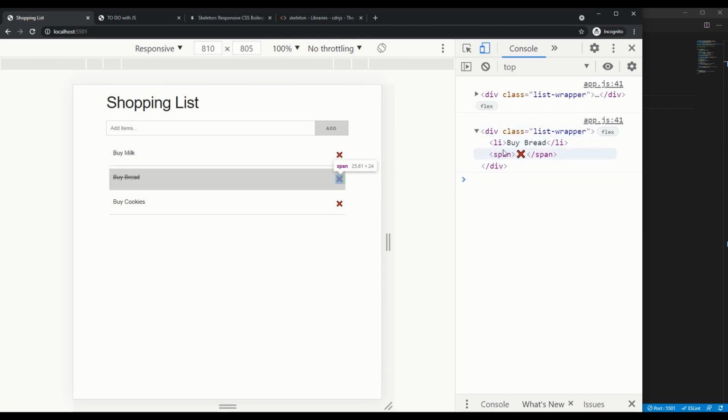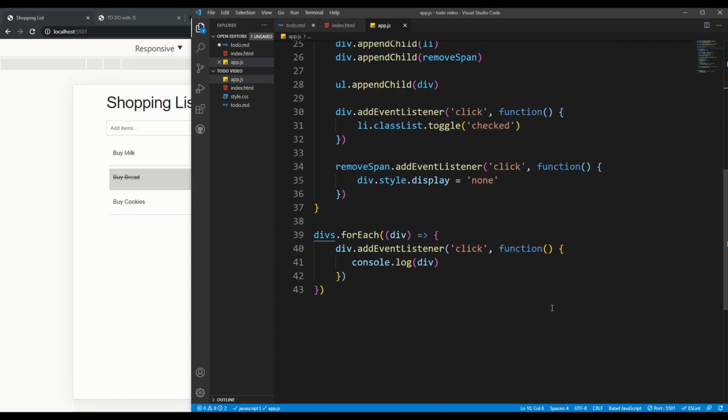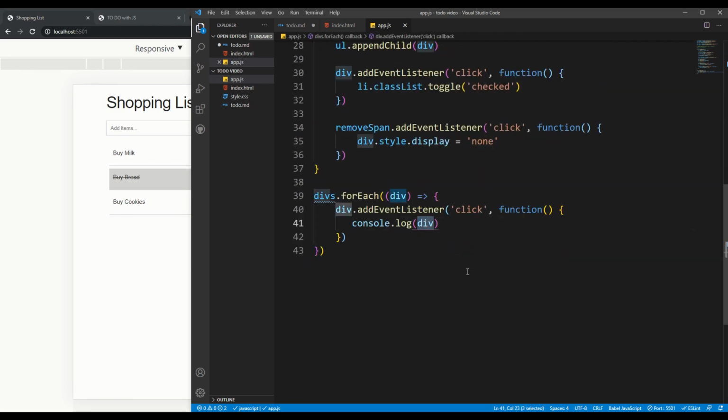Now I want to add the class to the list. What is the relationship between this list and the div? This list is a child element of this particular div. So I can do something like so. If I click on here, go back to my console log, instead of console logging the div, let me console log